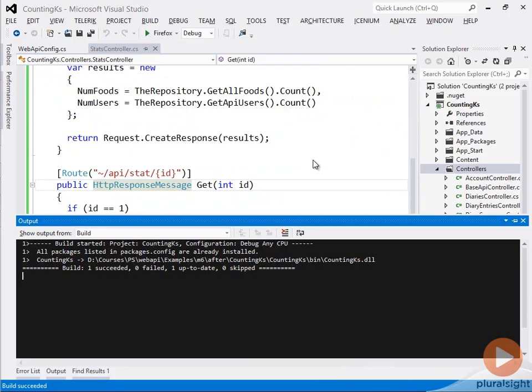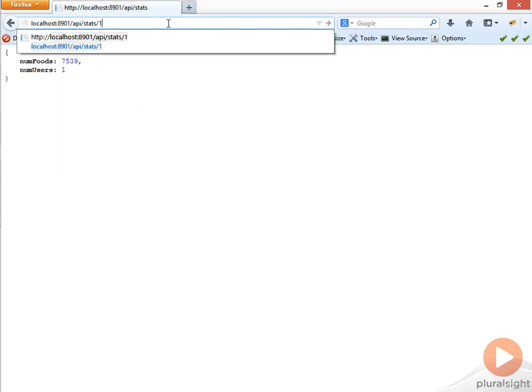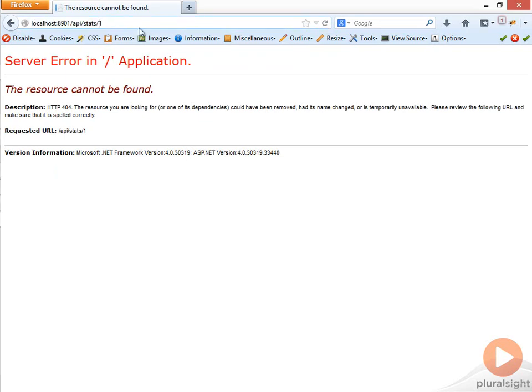So if I build it, we can see that stats still works, but that going to stats.1 no longer works. It's going to give us a 404 because we've told it that the real API for each of these stats is just the word stat, and then those will continue to work. You can see now that you can use that prefix to really prevent the repeating of the data, but also be able to override that in cases where you need to have exceptions to the simple routing that you may have on the entire controller.